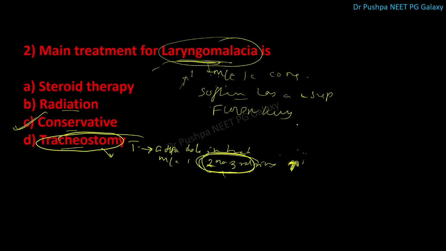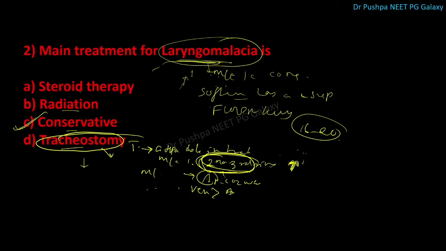There are about 16 to 20 cartilaginous rings in the trachea, but the most common site we use is between the second and third. Most common physiological complication of tracheostomy is apnea. There will be CO2 washout, which causes apnea. Most common complication is hemorrhage, venous more than arterial bleed. Indications of tracheostomy are anything that causes obstruction above the level of trachea.